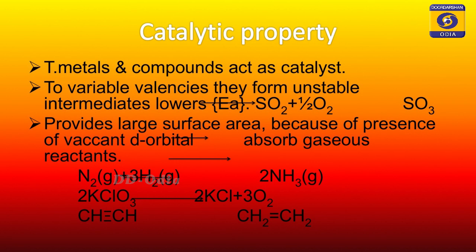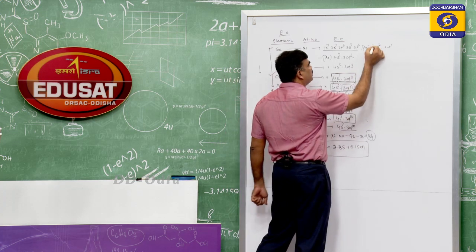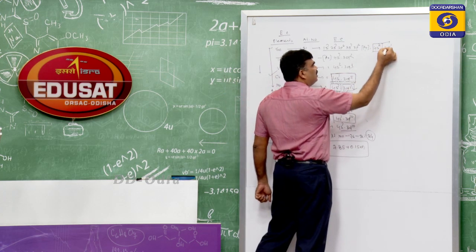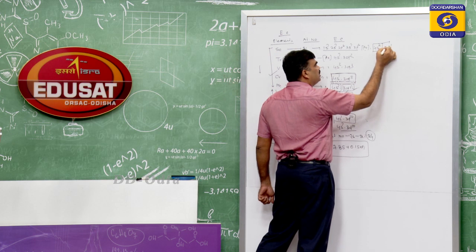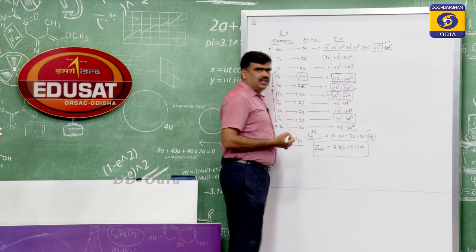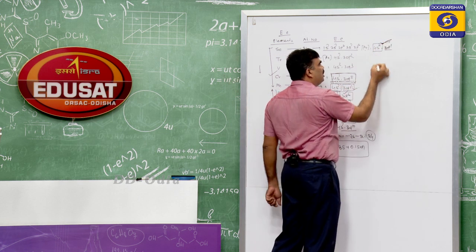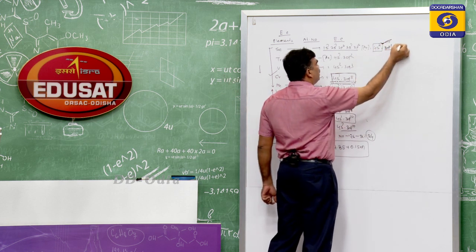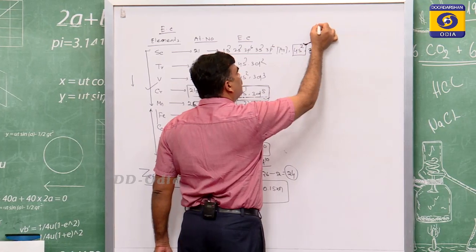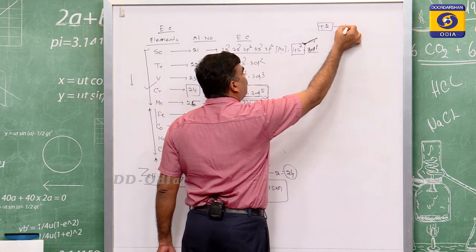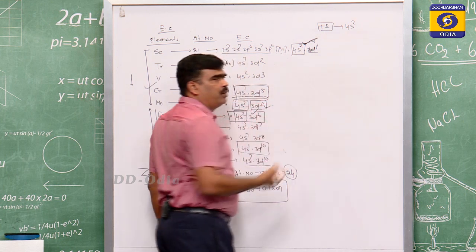When 3d electrons participate in bonding along with 4s, one after another, the oxidation state gradually increases. Remember, they have 4s, this is the valence shell, and this is the penultimate shell, but the 4s2 electrons participate. So they show an oxidation state of +2. The minimum is +2 because the 4s2 electrons participate in bonding.